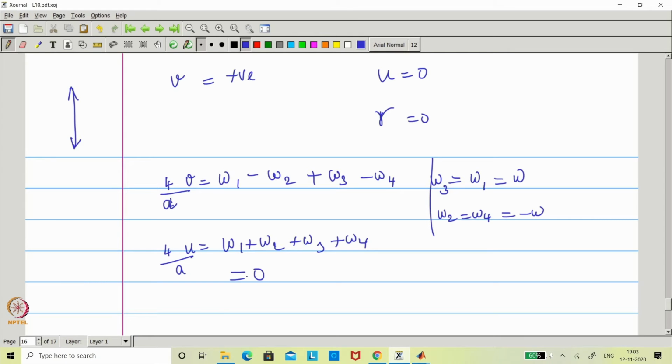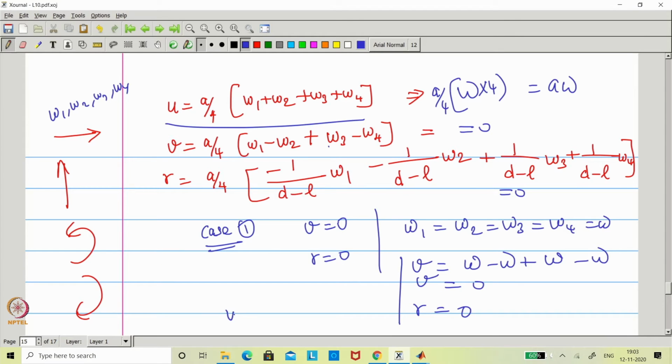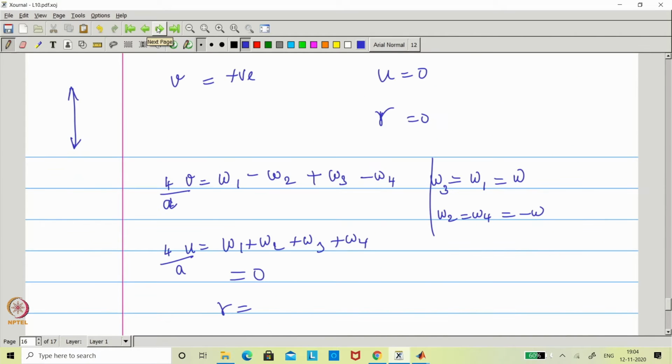But what happened to our equation? You can recall here. If I put omega 1 as omega, omega 3 as omega, whereas omega 2 is minus omega and omega 4 is minus omega, then if I see it that way, these two would get cancelled, right? So this would be minus omega. This becomes plus and this would be minus omega, and these two would again get cancelled. So what one can see from this is that if I take this configuration,